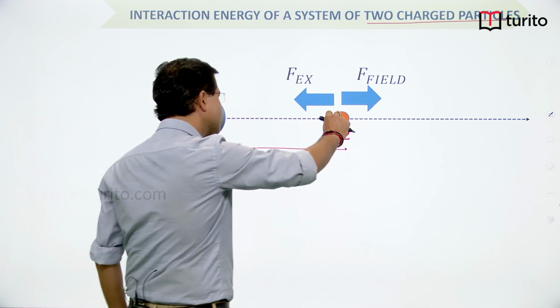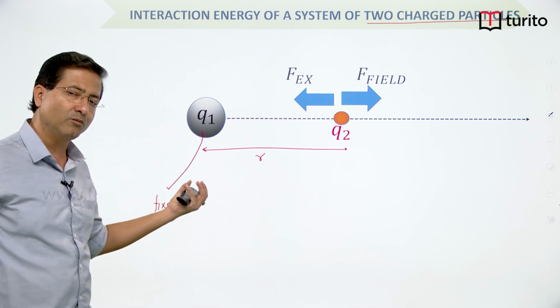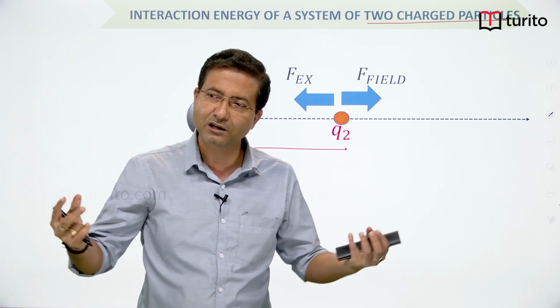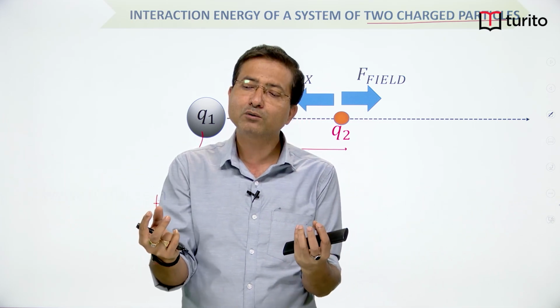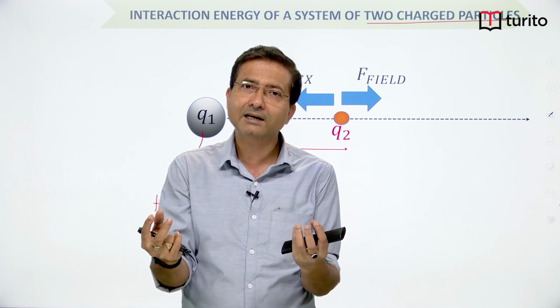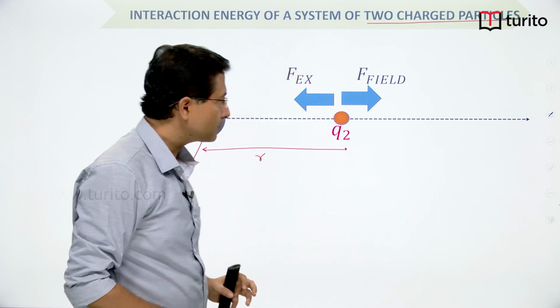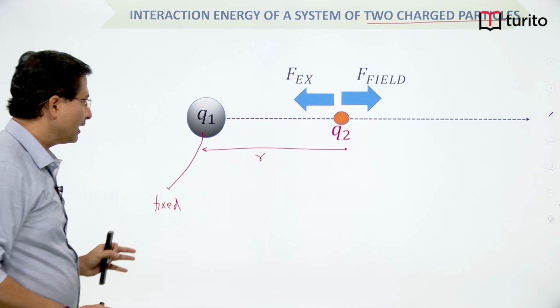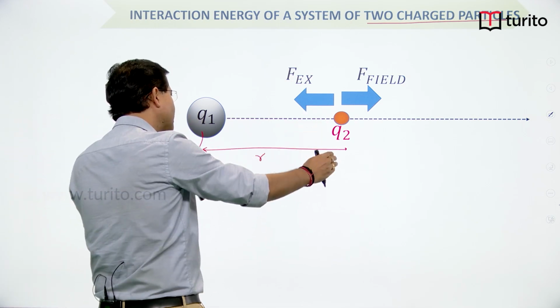I am moving only this charged particle so that mathematically it becomes simple, or you can move both the particles. They are initially infinite distance apart and you can bring them to distance r, or you can do the reverse: initially they are at distance r and then you move it to infinity. So here I am assuming that initially they are at distance r, and I want to find out the potential energy